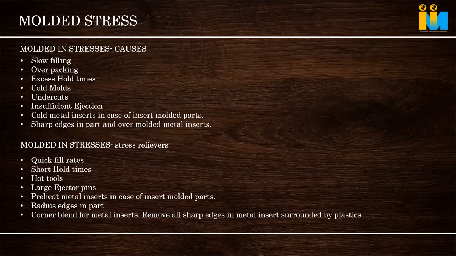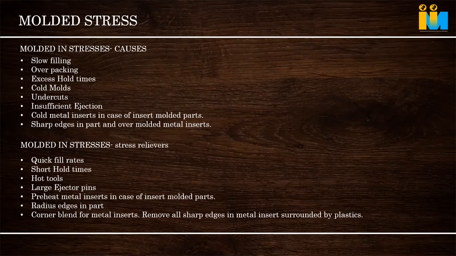Then, if the mold temperature is not ideal, the proper mold temperature has to be given. Sometimes a higher mold temperature also causes overheating of the mold. If we keep 100, at some point it will overheat. But a cold mold will not allow the part to fill properly. So increase the mold temperature to the recommended level so that it fills easily and mold stress will not be there. Use larger ejector pins, proper ejector position and proper type of ejection like stripper, bumper, and sometimes air ejection may also be required.